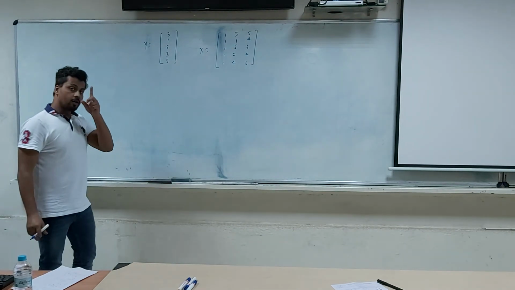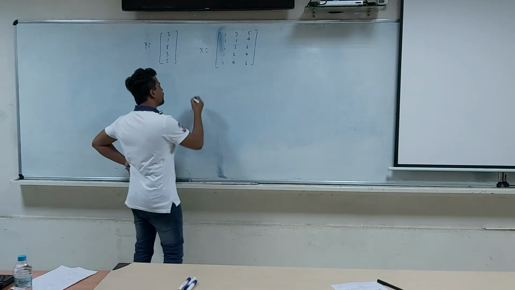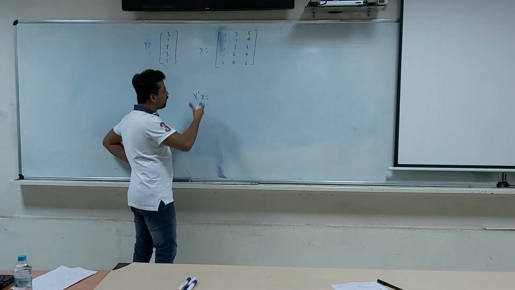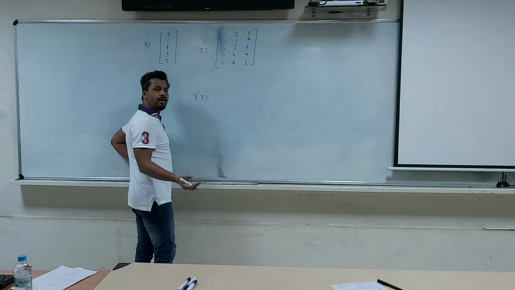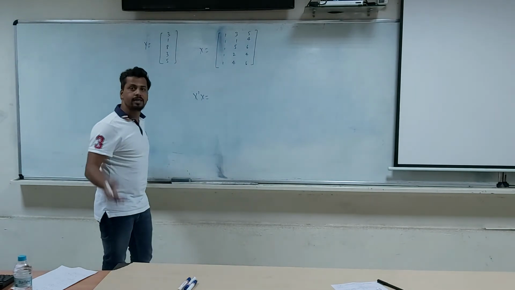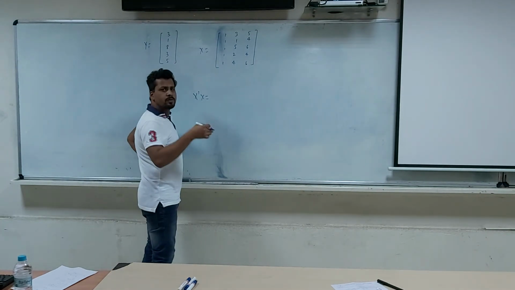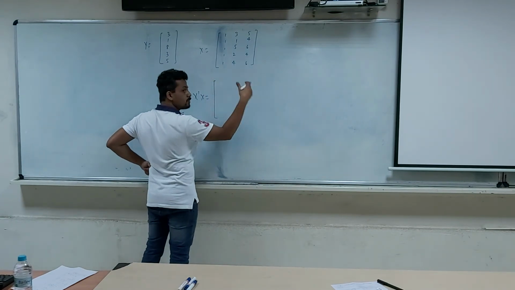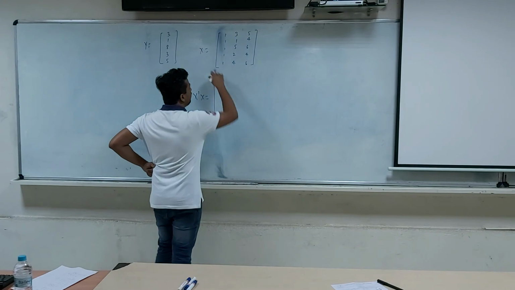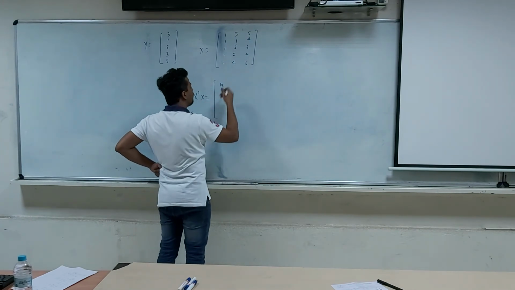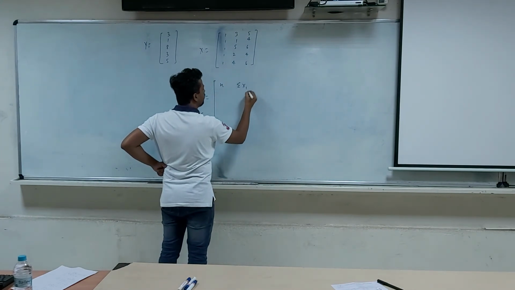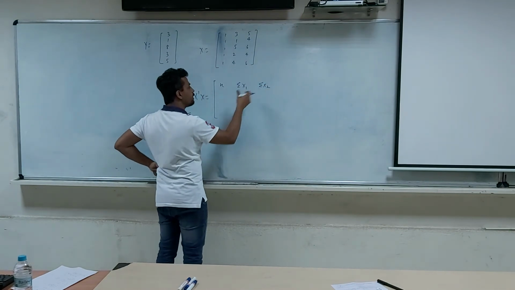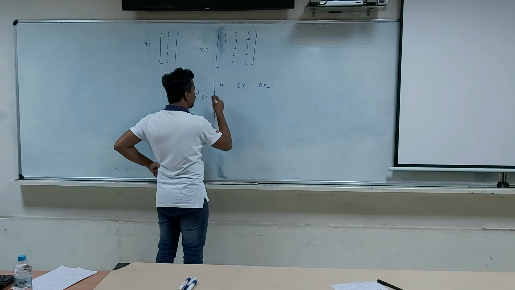Now, if you remember from our class, our x transpose x is a very important quantity, because it is used in the calculation of variance and in the calculation of your OLS estimators. So let's first see what x transpose x is. If you recollect, the elements of x transpose x in this 3 variable model will be n, summation x1, summation x2, and this is a symmetric matrix, so whatever is the row here will also be the column here.